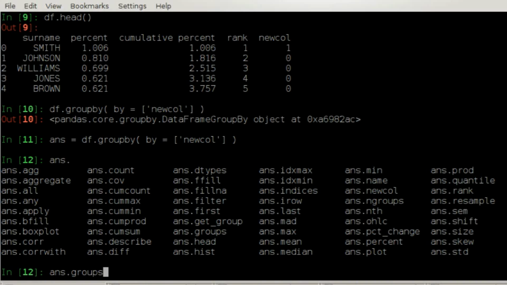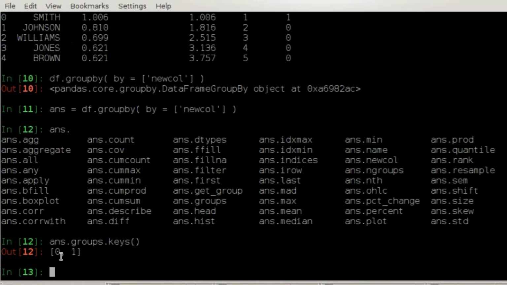And I'm not going to print groups because it's a very big dictionary in our case, but let me just print out the keys for groups. And the keys are two things, the number 0 and the number 1. And these keys come from the values that this by function returns. So new column only had two values, just 0 and 1, and that's why we had the corresponding two keys